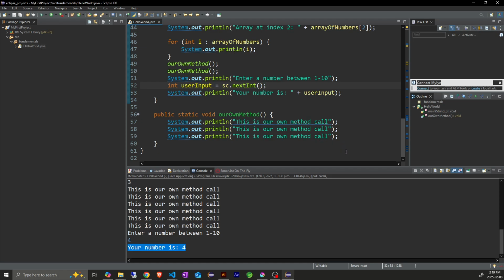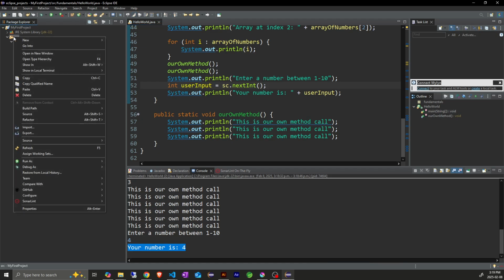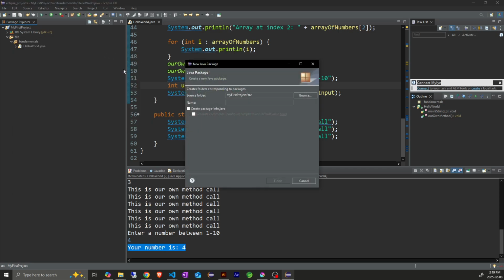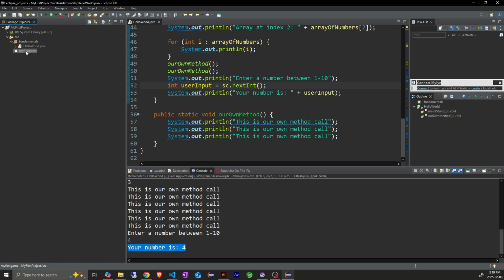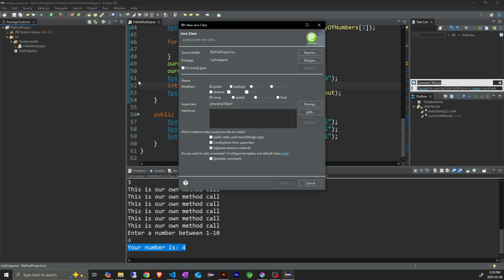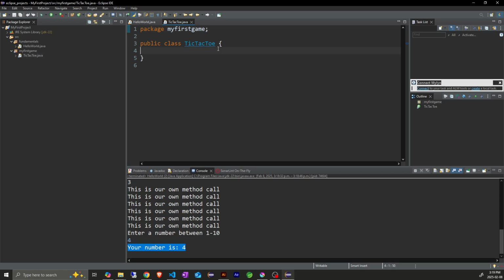Now that you have these fundamentals, we can start building our first basic program in Java. To do that, I'm going to create a new package just to separate everything and make it a lot easier to navigate. I'm just going to create a package called my first game, and I'm going to create a class called tic-tac-toe. Within this tic-tac-toe class, I'm going to create all the code necessary to run a game of tic-tac-toe